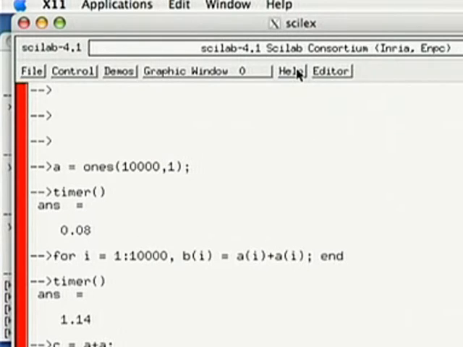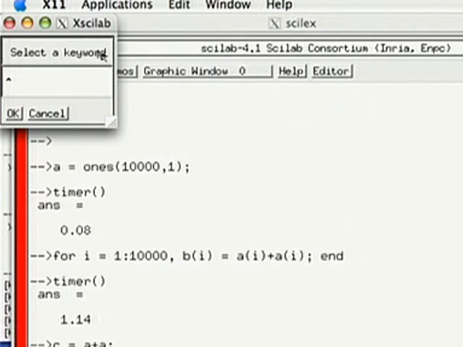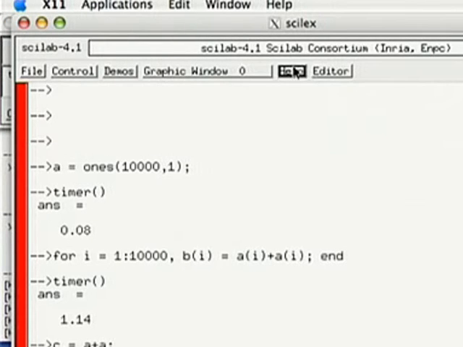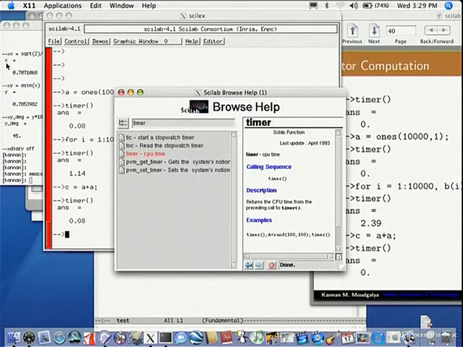Same thing, right? There is a help here. For example, if you see here, help browser, apropos. Apropos just looks for that word. For example, timer. So I want help on timer, I go to apropos, which I got in this help button, right? So it opens this.